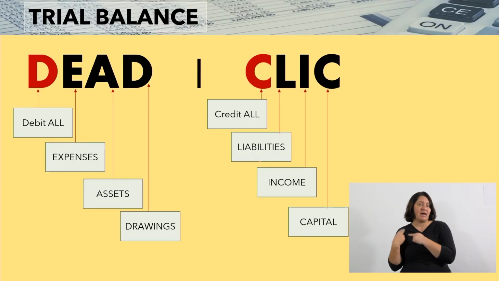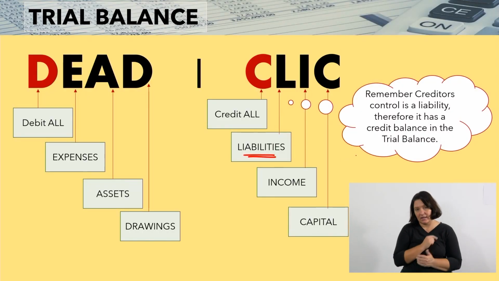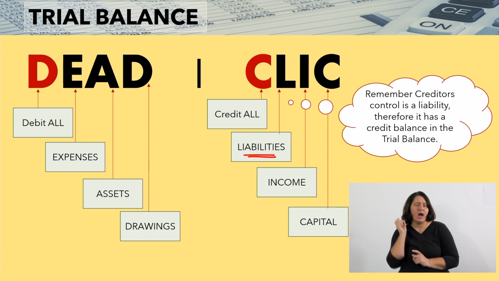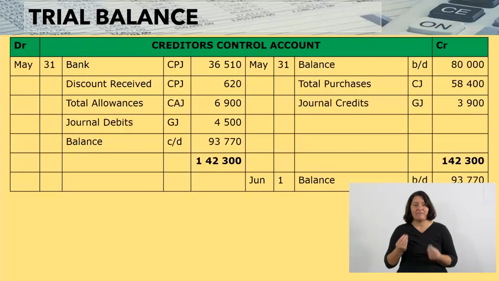When we prepare the general ledger, we will then take the amounts and post them to the trial balance. And in the trial balance, it is very important that you remember the debit and credit. In this case, we're going to look on our liabilities, because I told you earlier on that creditors control is a liability account. Therefore, it is important to remember that creditors control is a liability, and therefore it is a credit balance in the trial balance. When we prepare our trial balance, our creditors control amount will go to the credit side. And here we have a balance of